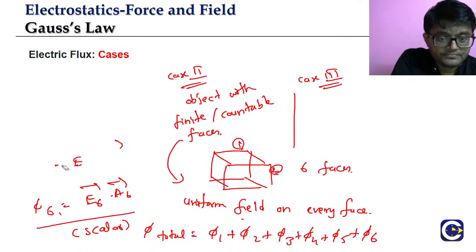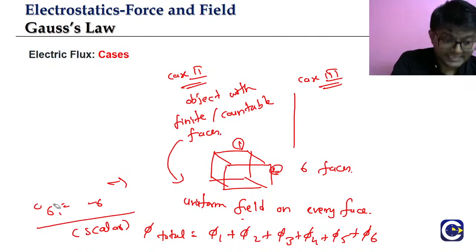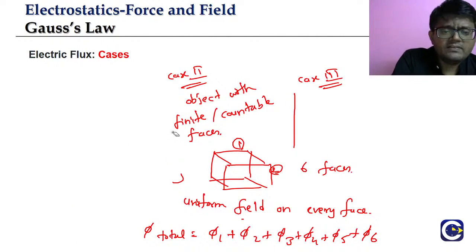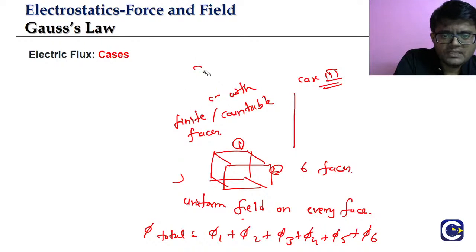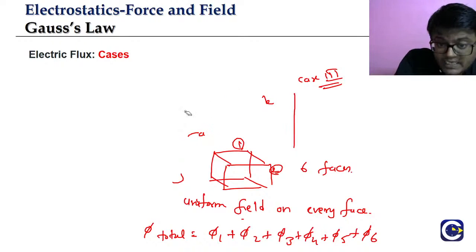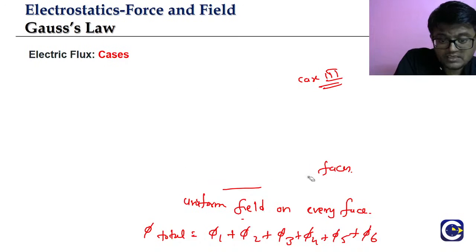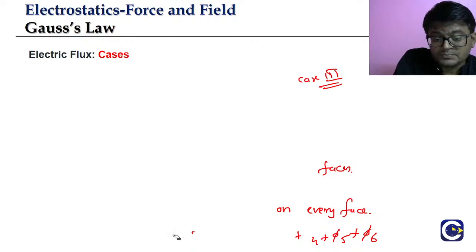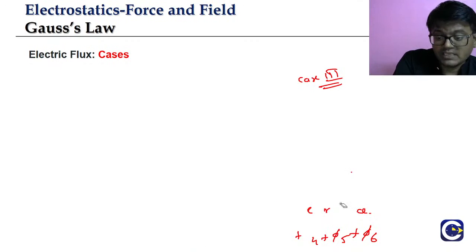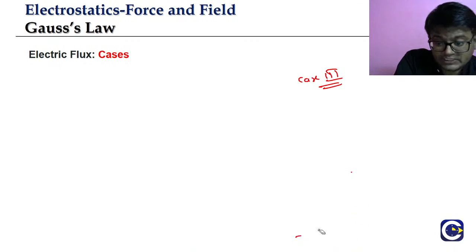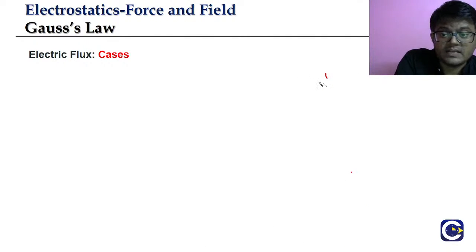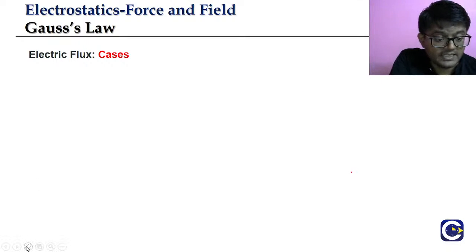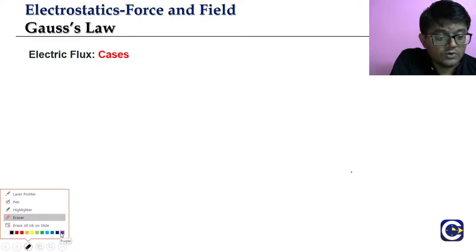Okay? Now we'll go to case 3. Case 3 is the general case. Like if you have a very uneven type of area, or if you have the electric field changing either in terms of magnitude or direction. So when I say general case, you will get the idea that we are going to go for the